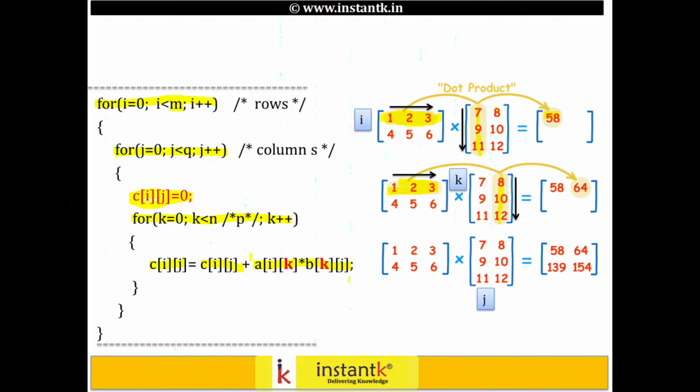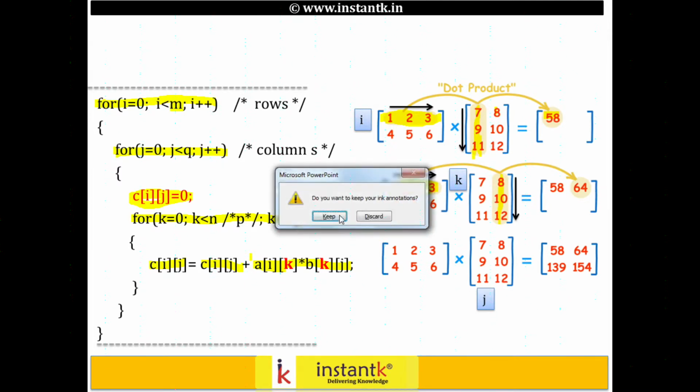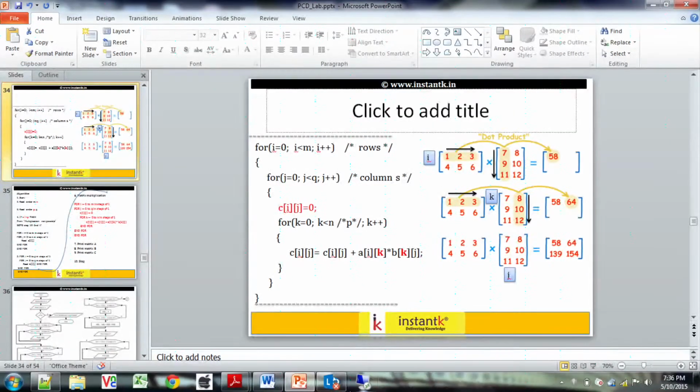Okay, second entry. So that's how we get a product of A of i of k multiplied by B of k. So this is the tricky part here. From here, A of i of k, we are trying to move like this, and here we are going to move down. Here we are moving from left to right and using the same k, because first we are going to move down, and that's how we get a product of it. Okay, so let me quickly go back to the code.